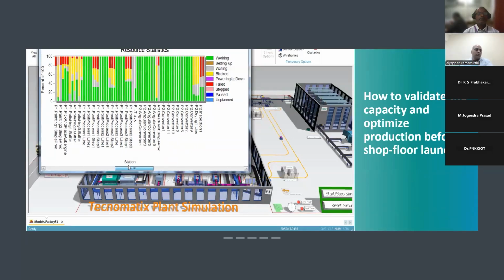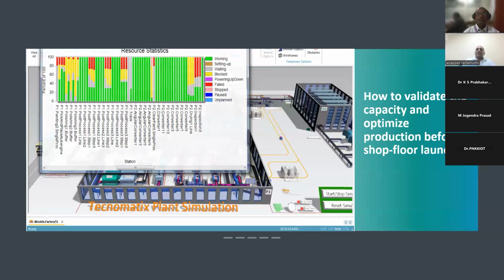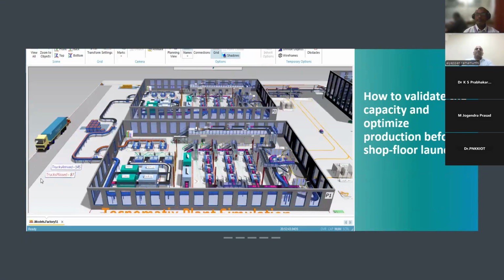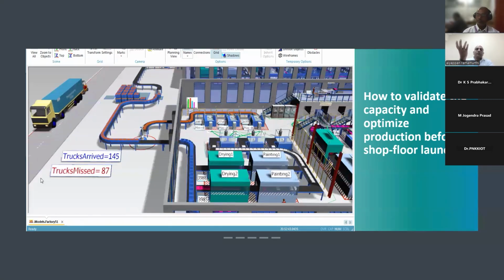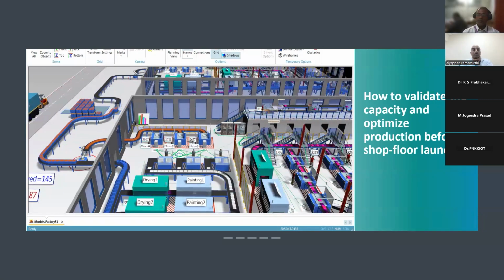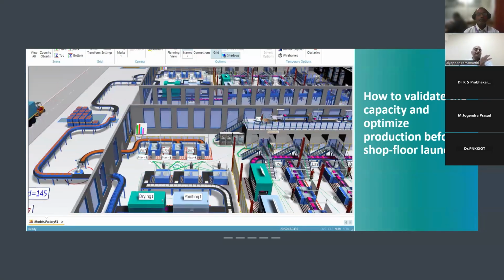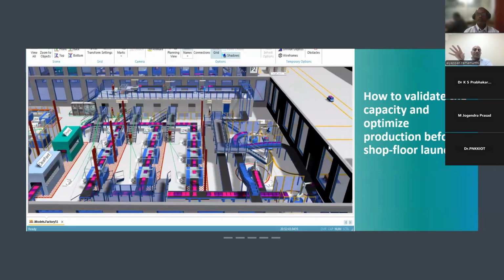Then it becomes a huge benefit, because you are able to optimize it. Otherwise, if you're making some suggestion, doing some changes or improvements, only when you try it out do you know whether it is going to bring change or improvement or not. But once you have the digital twin and you calibrate with the present, which means the digital model is as good as what is running on the shop floor